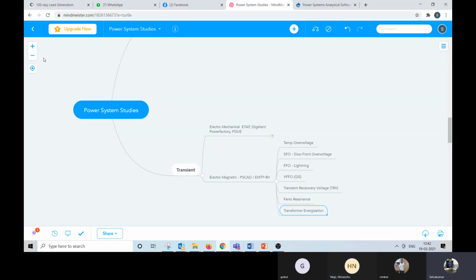If it is personal, the only problem is the student license, or if you download some demo, it has limited options, like 14 nodes, you cannot go beyond 14 nodes. But if you go with SFO, FFO, VFFO studies, those nodes will definitely not be sufficient, and you will be only a mere observer, just watching what we are doing. But I have my personal laptop, I can install something like that and practice.